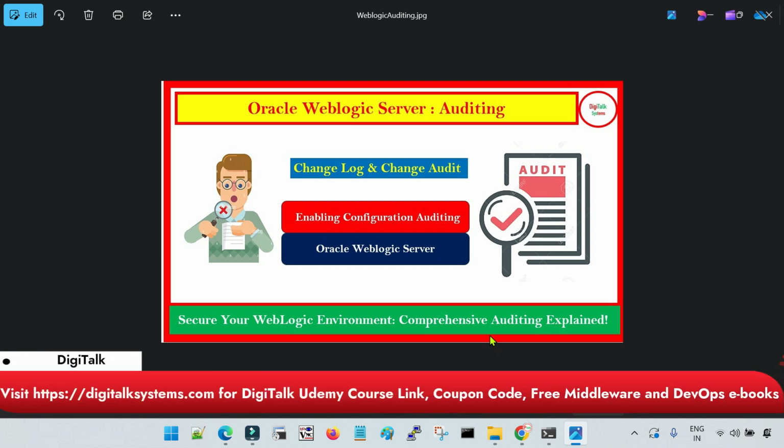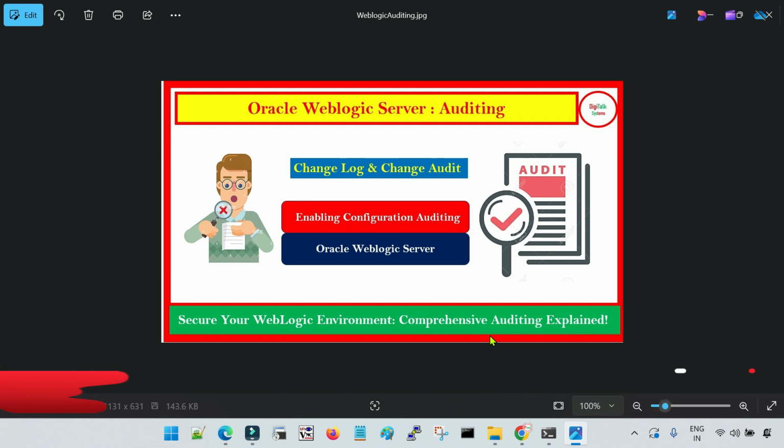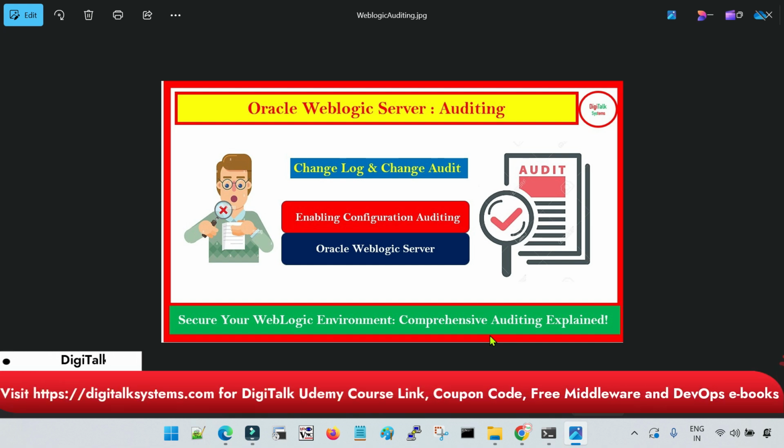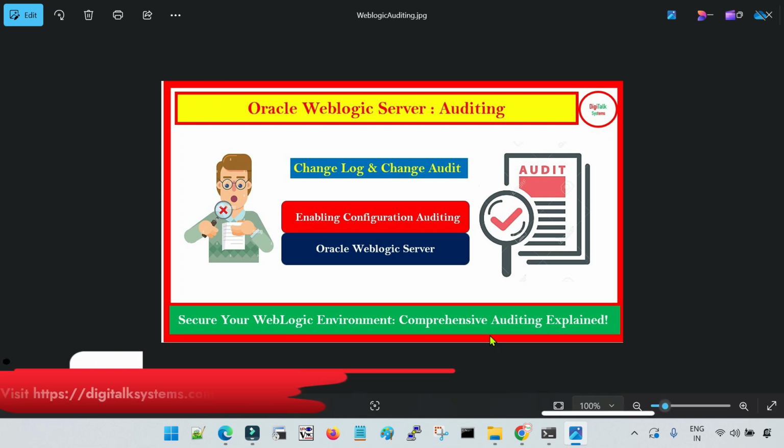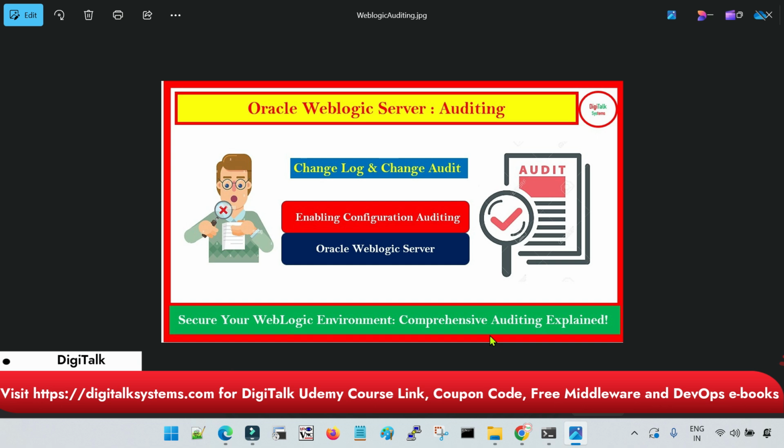In this session, we are going to cover the auditing feature of Oracle WebLogic Server. With the help of this feature, you can track all of the changes that we have done with respect to the configurations. For example, if you are doing any kind of changes for any of the attributes from the WebLogic console, or maybe using some scripting, then all the details of whatever changes have been done in the configuration, along with the user ID and the user information, will be logged in your